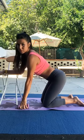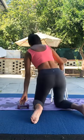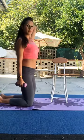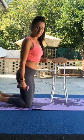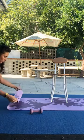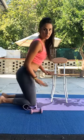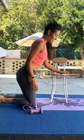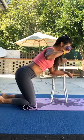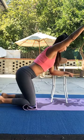So we're going to do the same exercise. This time we're going to switch so that you guys can see. I'm still on my knees. I don't know if you guys love extra padding. What you can do is fold up your mat and create more padding for the knees if you have a light mat. So here we go. On your forearm, and really keep that angle, and then push up for 10,